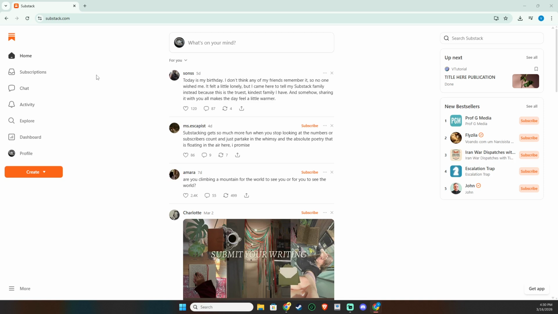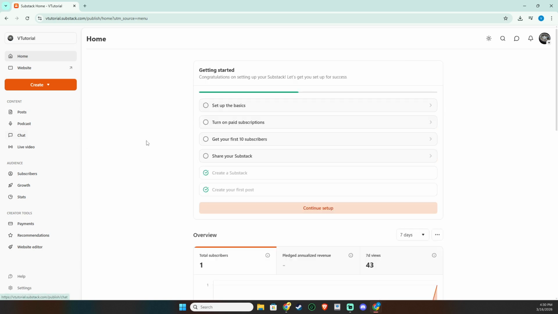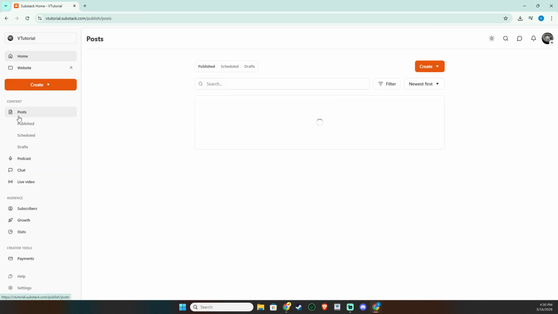Next, head to your dashboard. The dashboard is your home base on Substack. It's where you can see an overview of your publication and quickly get to the tools you use most. If you're already inside the writing area, look for the dashboard label in the site's main navigation and click it. This keeps everything organized and makes it easier to find your content by status.